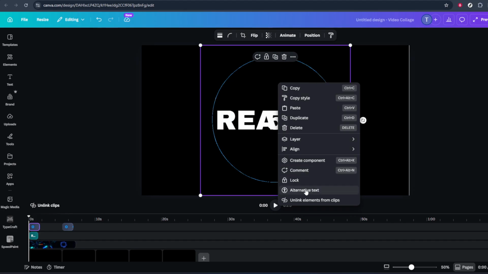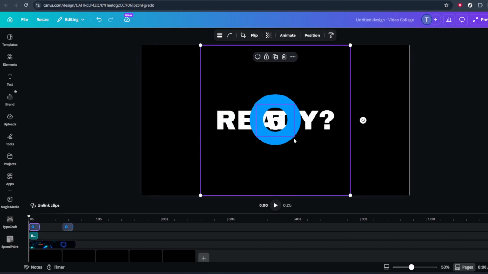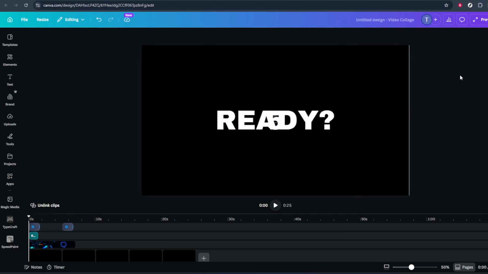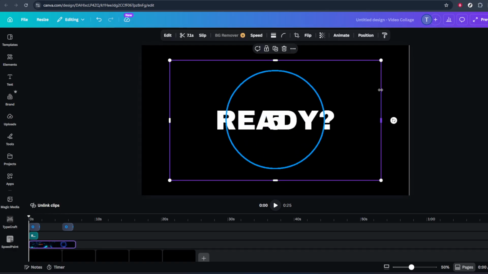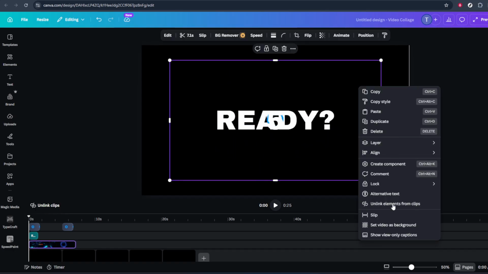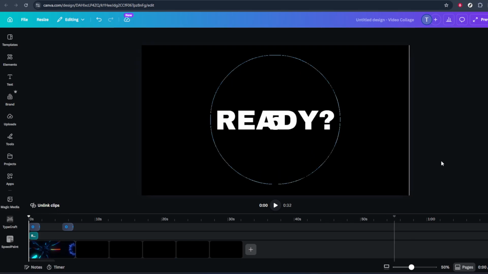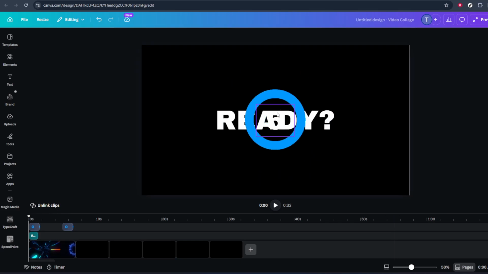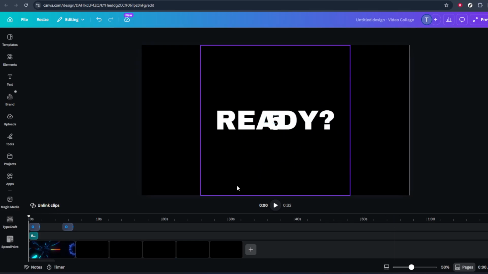From here, you can continue customizing your design. You can add text, images, shapes, or other graphics on top of the video. Remember to check contrast so your text is still readable against the moving background. You can also trim the video, mute the audio if you don't need sound, or adjust its timing if you're working on a